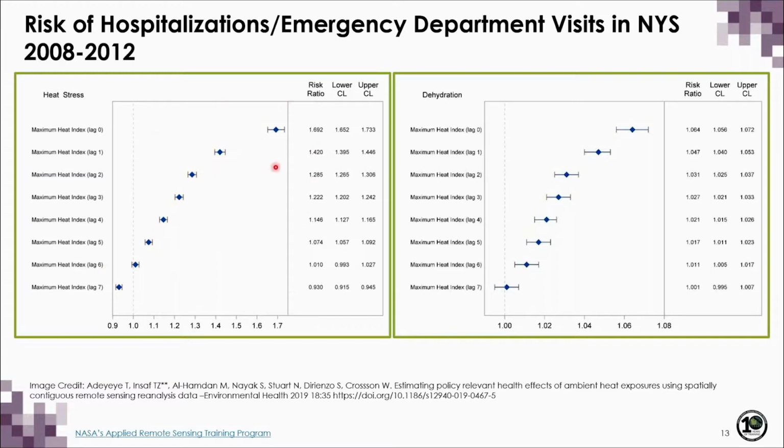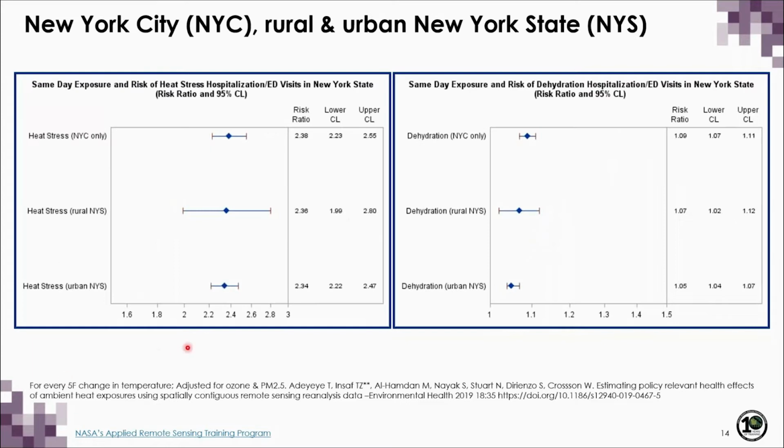The first chart is for risks due to heat stress, and the second chart is the risk for dehydration. We also looked at renal illness and cardiovascular illness. Similarly, these charts show a comparison of risk between rural and urban areas. As I had mentioned earlier, urban areas are expected to trap more heat due to an abundance of impervious surfaces and lack of green space that can lead to an urban heat island effect.